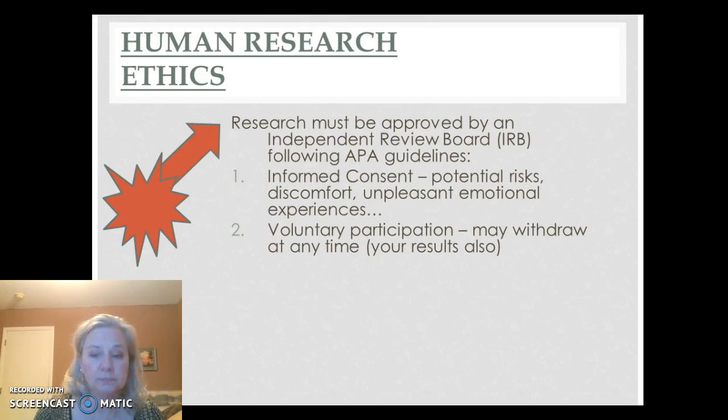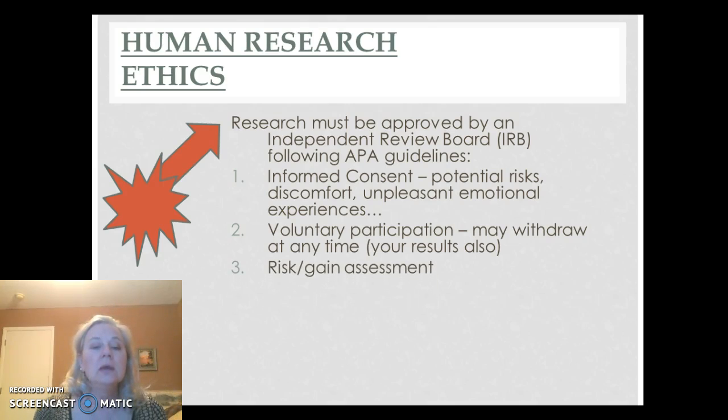Now, another point that's important about voluntary participation is, let's say you get started in a research test. Maybe they're looking at the effects of solitary confinement, and you're in solitary confinement for 2 days and you're thinking, I'm going crazy here, I can't do this anymore. You don't have to stay in the study. You can say, I'm done. And in fact, in Phil Zimbardo's prison study, the students there actually were told that they could withdraw at any time, yet they had so gotten lost in their roles as prisoners that they didn't really realize that they could withdraw. When you withdraw, you may have your data withdrawn as well.